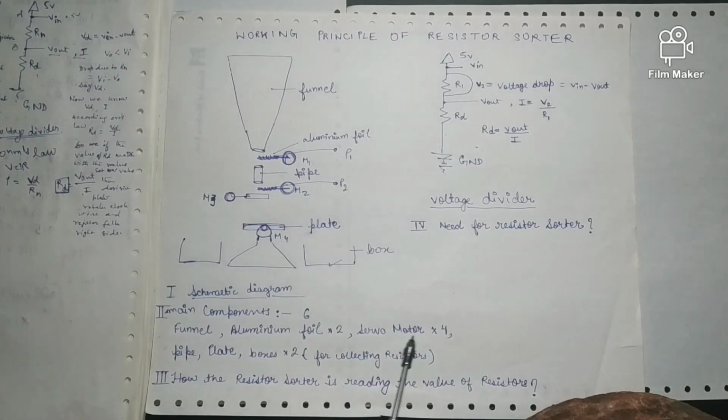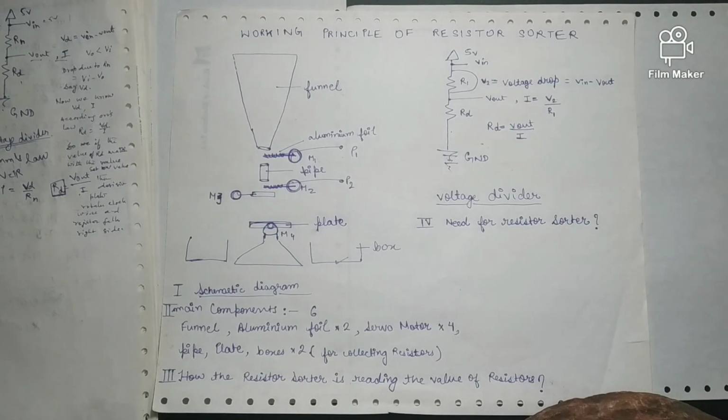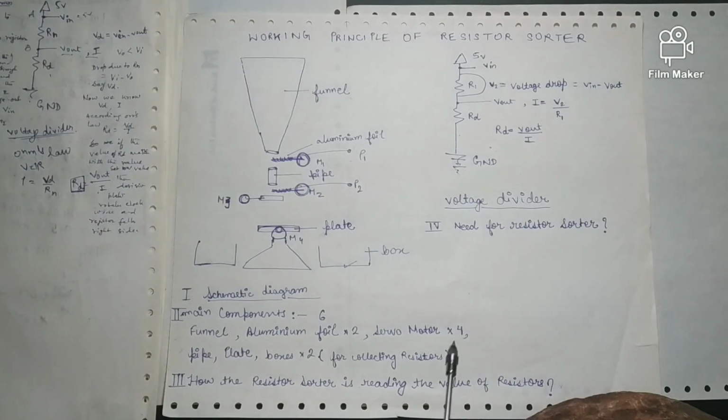Now, for those who do not know the need for a resistor sorter, it is mainly associated with those who are in electronics. While working in laboratories or in a small workshop, we often face the problem that it is very difficult to sort out your required resistor whenever required. Mostly there is a box which is full of resistors, and it becomes a very stressful task to sort out your required resistor. This device helps us sort out our required resistor in a very efficient way. I hope you understand the working principle of the resistor sorter.